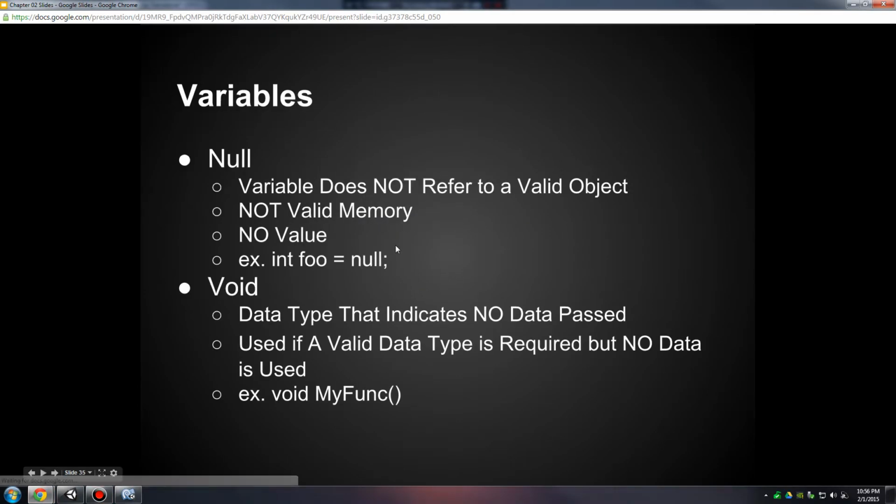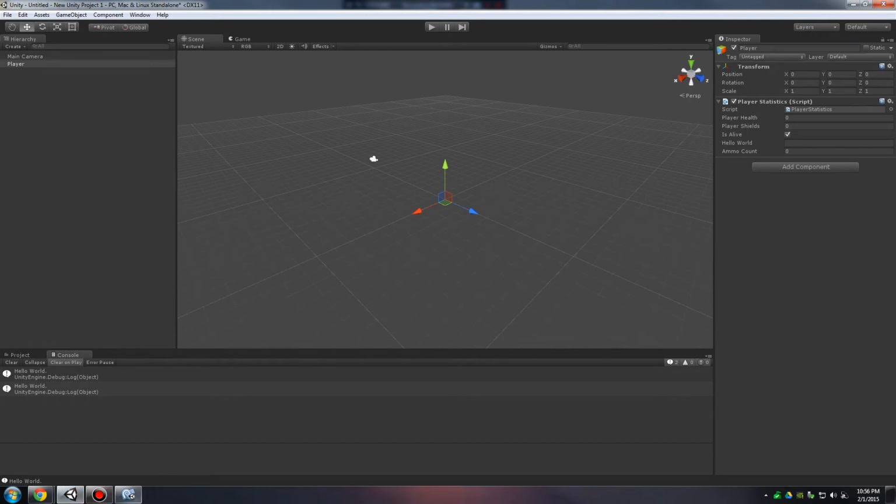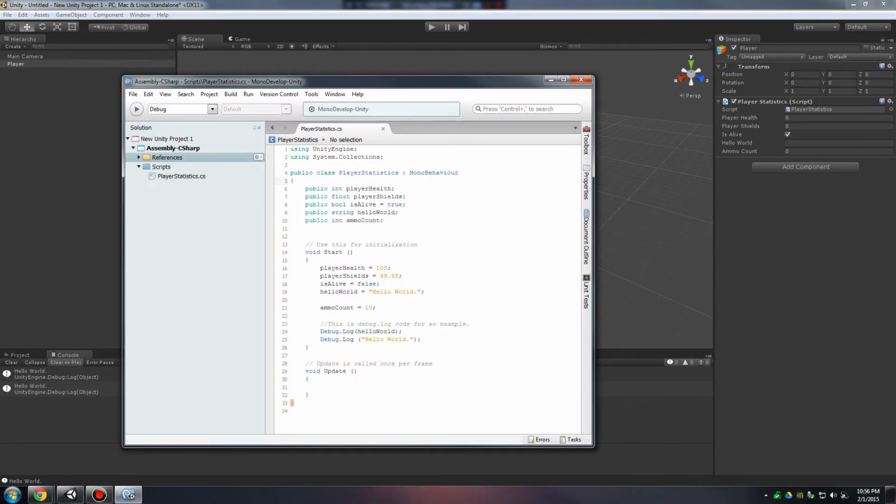Alright. Let's save this for a second. Let's bring up MonoDevelop. So what if I had a variable type